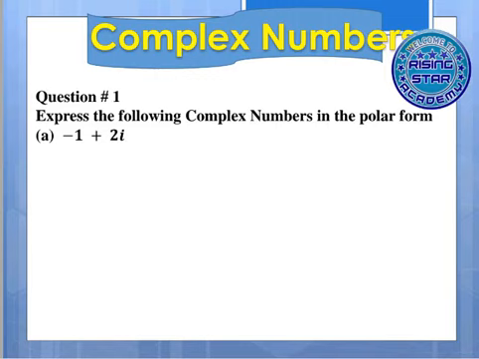Today we will learn how to express Cartesian coordinates in polar form in complex numbers. So, in this question, the value that is given to us. So, let's start. We will take z equals minus 1 plus 2 iota. So, we know that